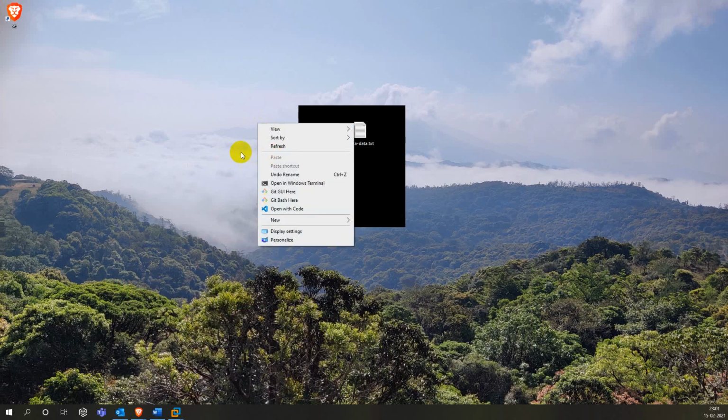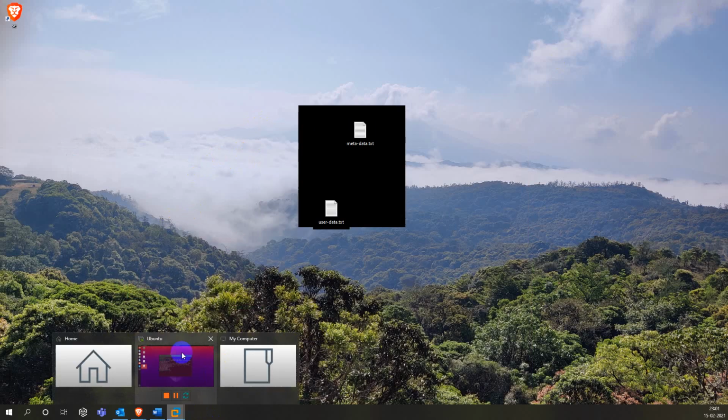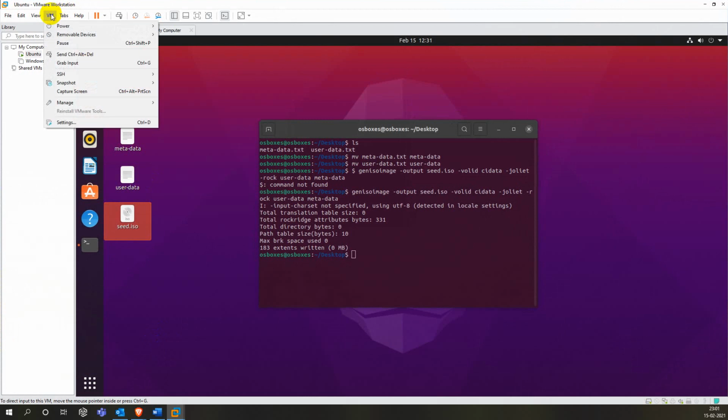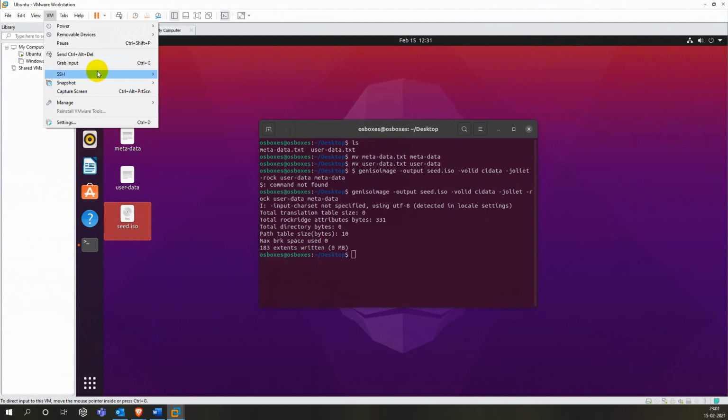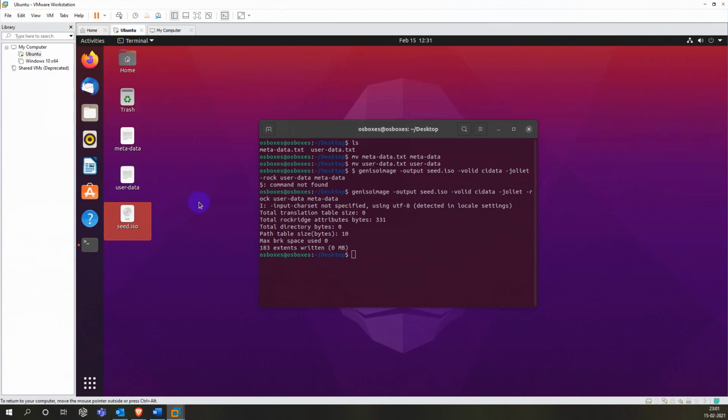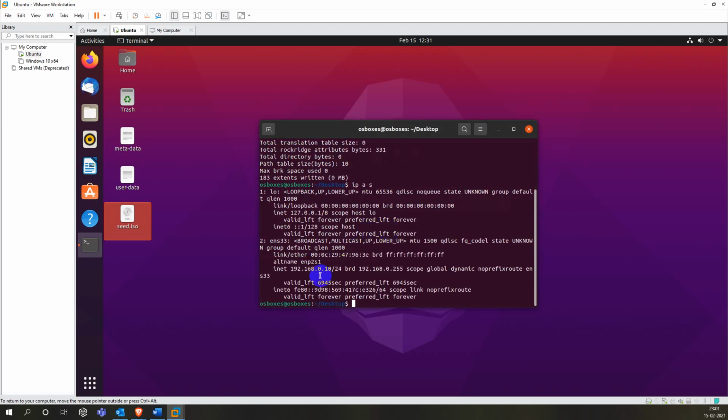Oh, outside copy paste command is not working, so let me try another way. Okay, so let me see the IP address of this, 192.168.0.10.